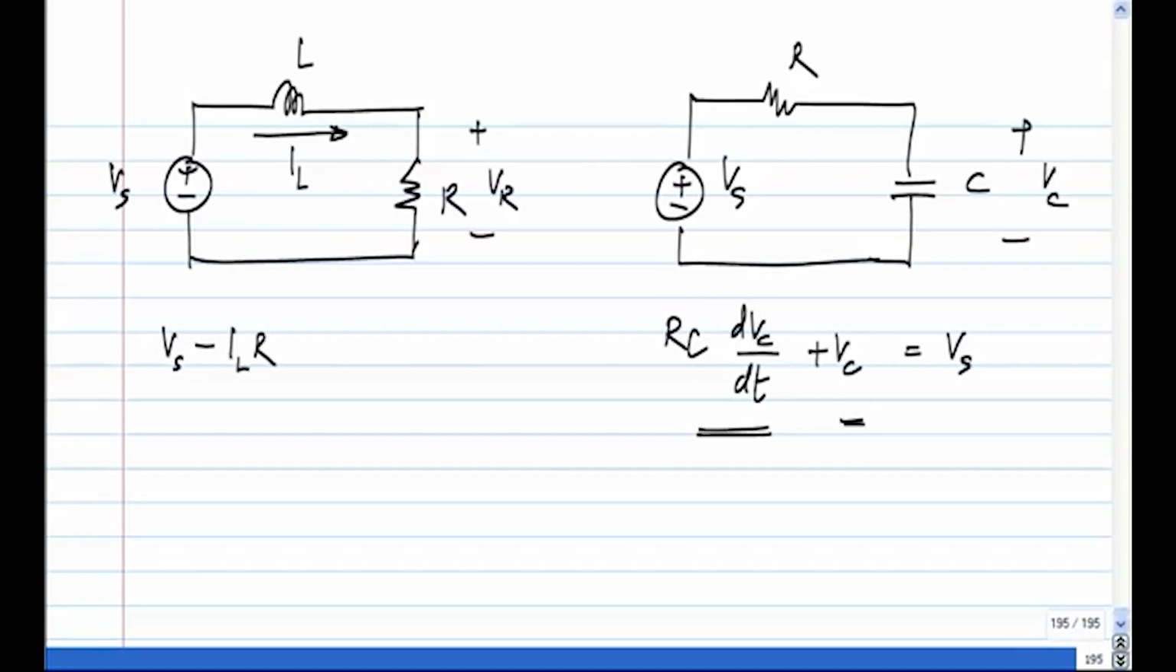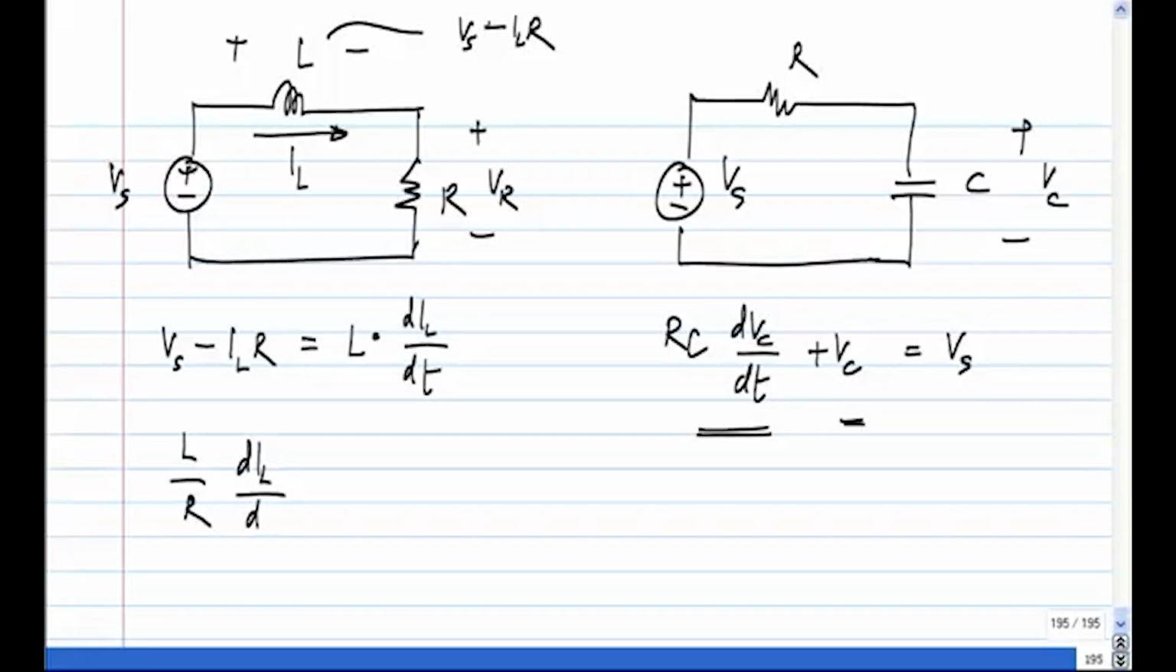Vs minus ILR, which is the voltage across the inductor, is L times dIL by dt. Okay. So if I rearrange this, I get L by R times the derivative of IL plus IL equals